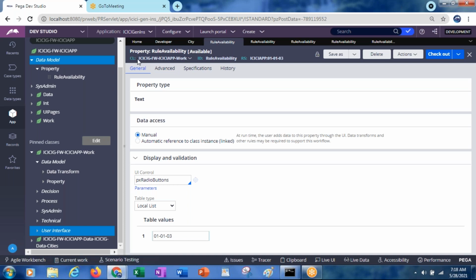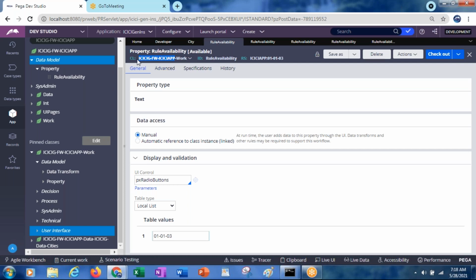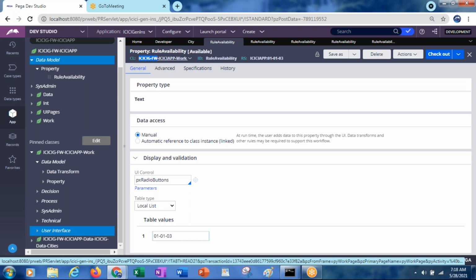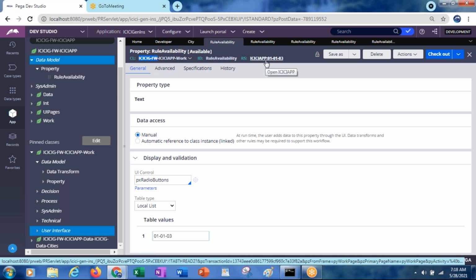Which is the parent class? App. If it is not available there also, then it will go for ICICI and FW, to check whether this property is available under the FW. So likewise, first it will check under the rule set version and current class.